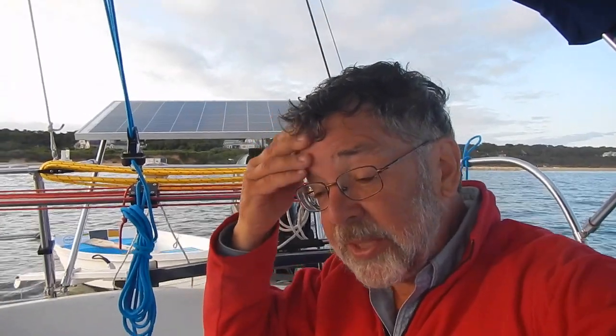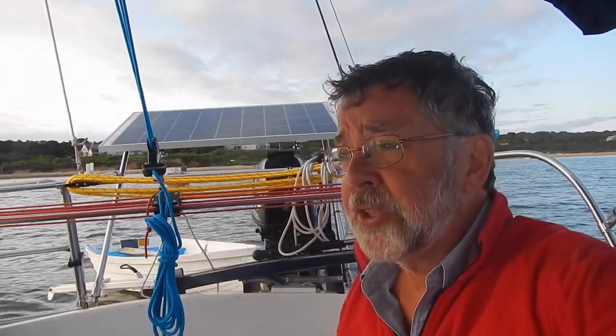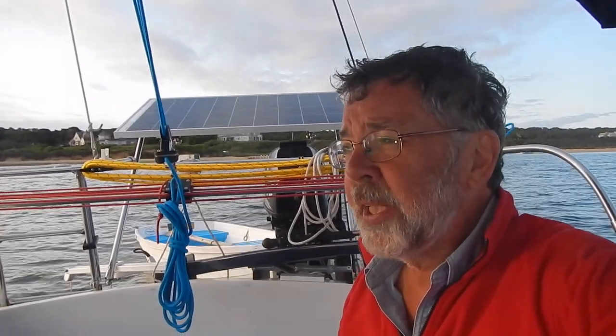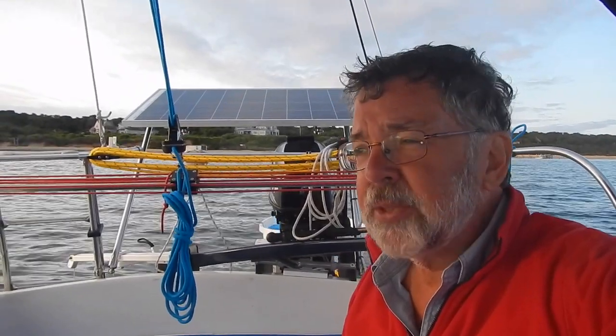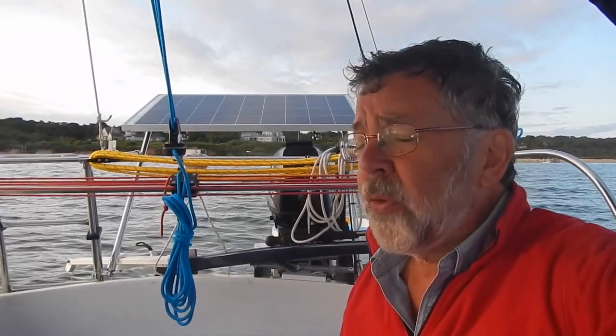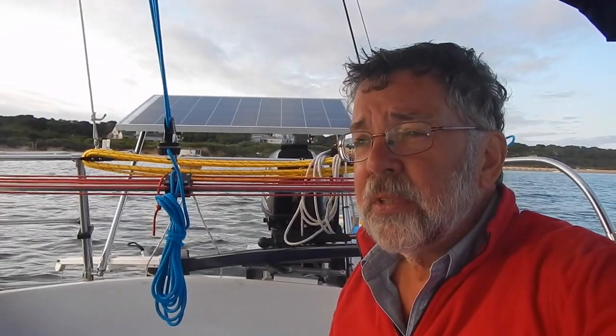Weather forecast for today: back in the days leading up to today, it was for southwest winds. As of this morning's forecast, the winds are predicted to be from the northwest, which is in fact where they are coming from. They're also supposed to be light and variable, about 5 knots maybe now. So northwest is exactly the wrong direction,